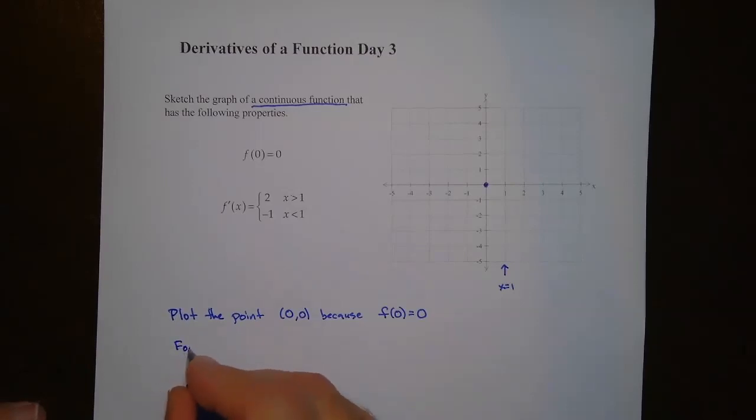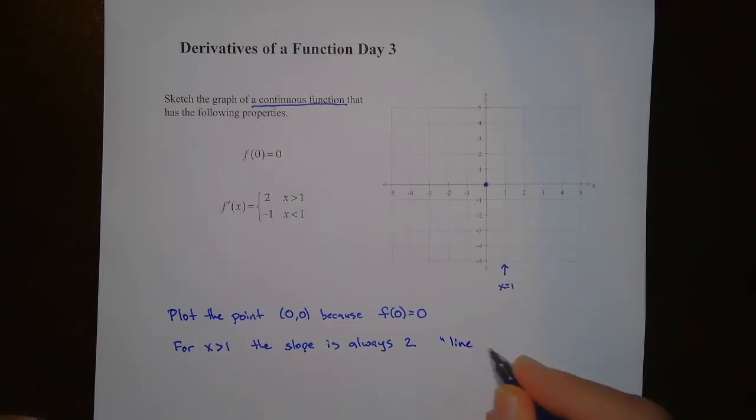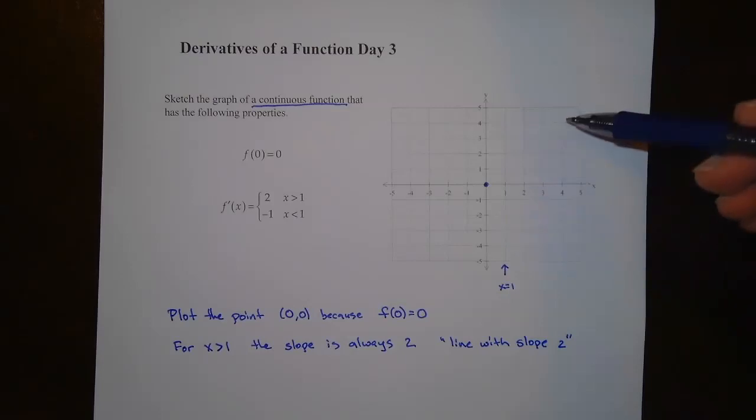So for x greater than 1, the slope is always 2. Now, what type of function has a slope that's always the same? It's always constant. Well, that would be a line. So we're going to draw a line with a slope of 2. Okay? All right, so to the right of here, we're going to draw a line that has a slope 2,